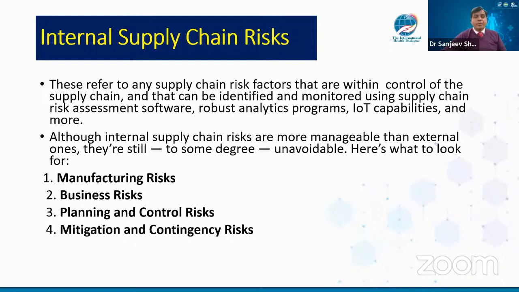Here is what to look for: manufacturing risk, where there is a raw material shortage or a disruption in the workflow. There is a business risk, where there are standard personnel management changes. The main person has left, and we did not have a good planning system. There is an inaccurate system. Our plan didn't work. There's a mitigation and contingency risk, where we did not have a proper plan and we could not